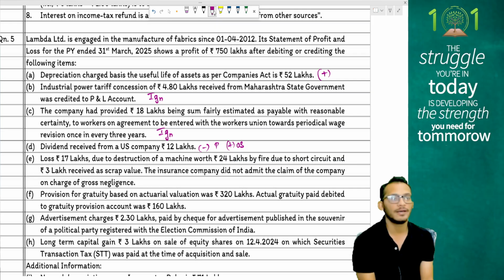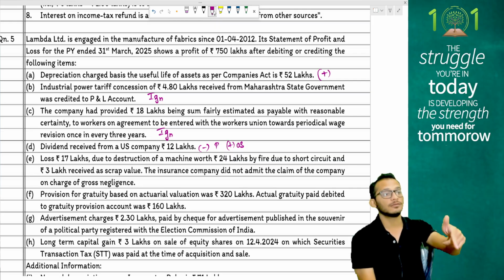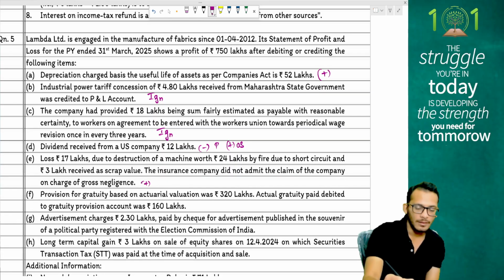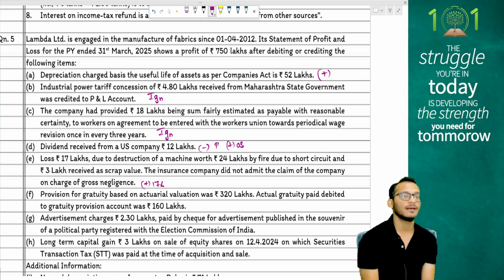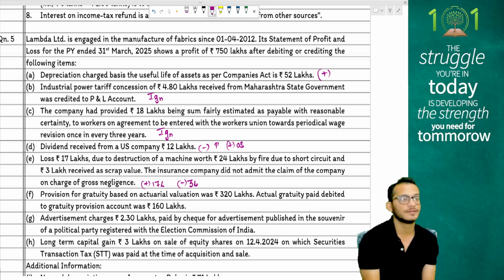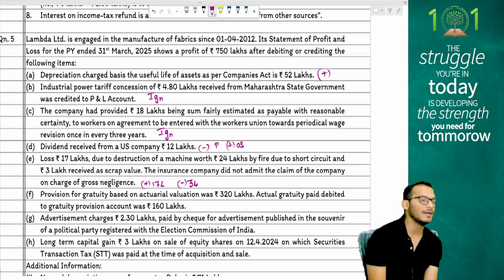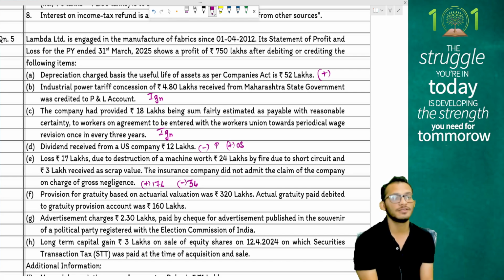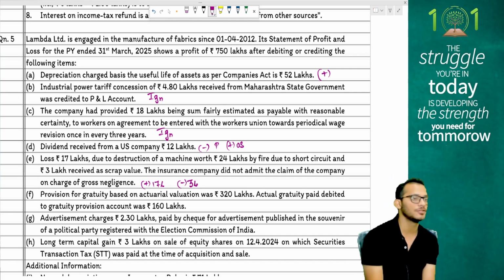Agreed, not agreed? But whatever treatment has happened in accounts has to be reversed. What treatments did you do in accounts? You booked a loss of 17 lakhs. So please add back 17 lakhs. You also put in P&L 3 lakhs, which you will reverse. These are the two entries which will happen, people. On the contrast, your depreciation will tone down by 3 lakhs. You'll have a block of 21 lakhs on which you will do depreciation.